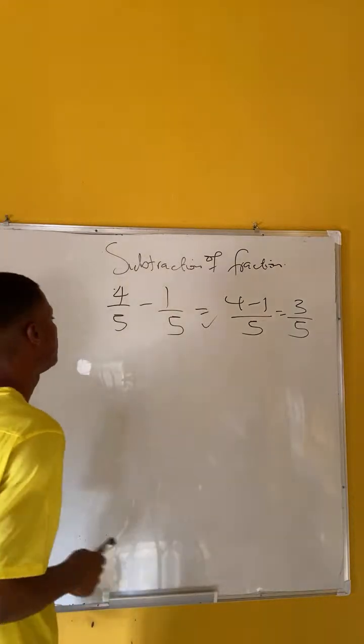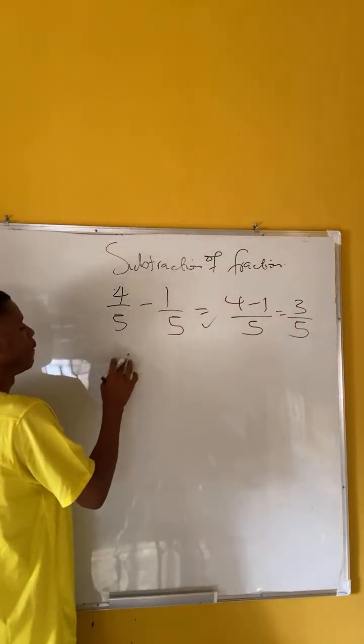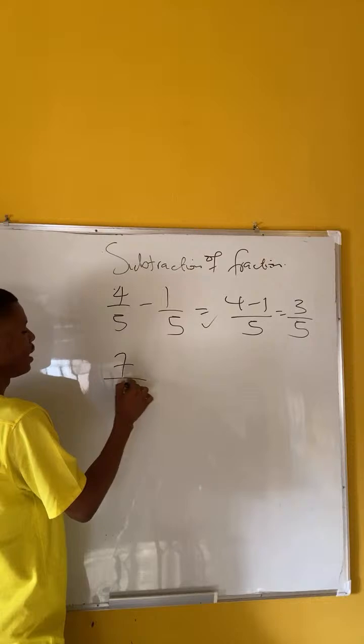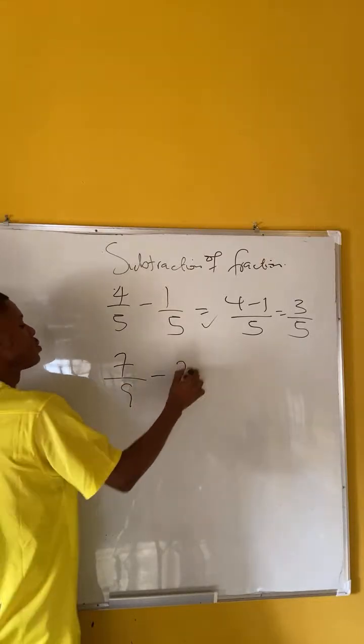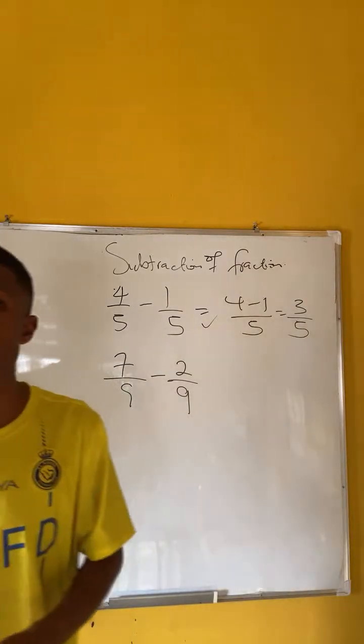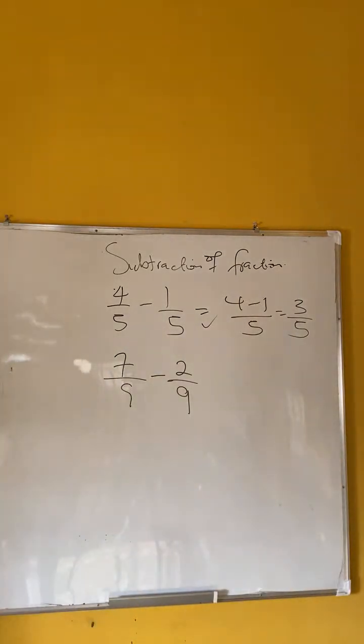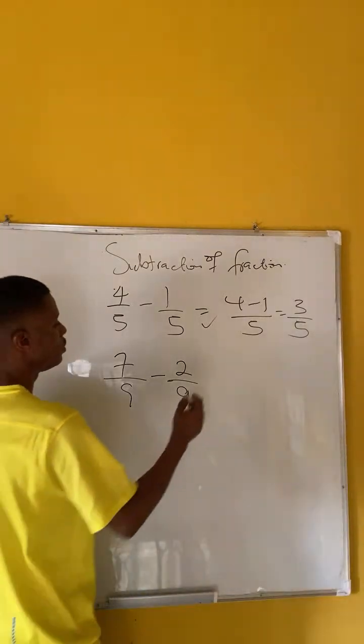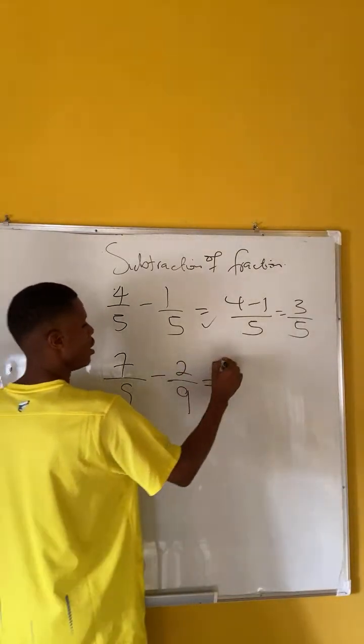Then the next one, let's say you have 7/9 minus 2/9. The denominators are still the same. So all you have to do is perform the subtraction in the what? In the numerator. Subtract in the numerator. So all you need to do is